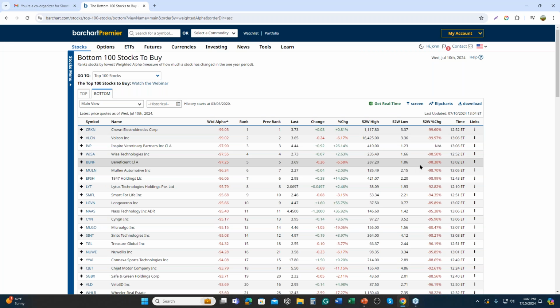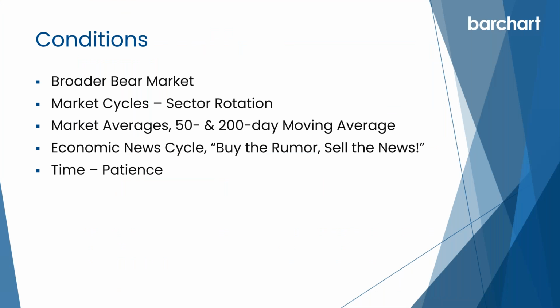Another condition change that we might be looking for is rotation or market cycles. For instance, we move from a period of expansion to contraction, or rotation into or out of particular sectors, technology and consumer discretionaries, and then maybe cyclicals, materials, and then energies, and then eventually a rotation into defensive